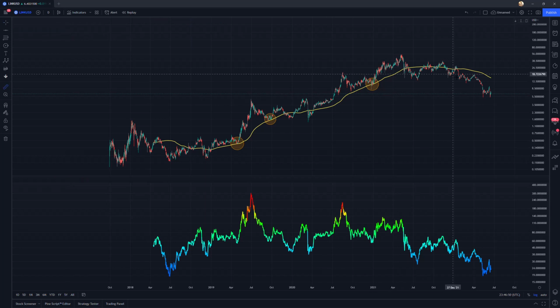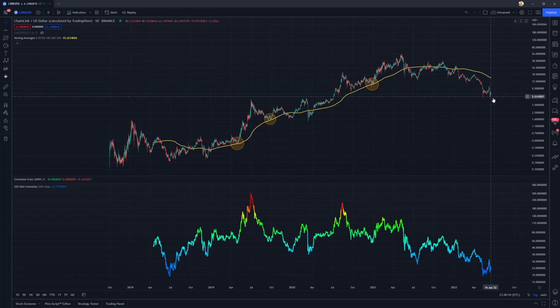We are still at this moment, as I said earlier, down about 58% from it. So this is kind of a watch out and wait and see over the next few weeks if we are able to retest this and maybe even reclaim it. So that's the end of my